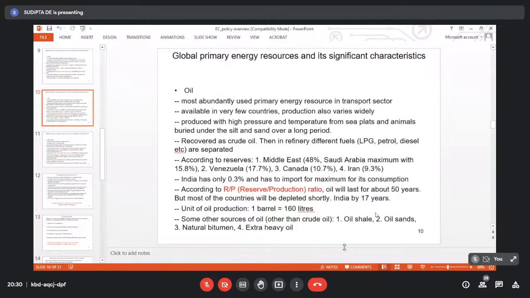Because the load on electricity generation will also increase if the transport sector is completely converted into electricity or e-vehicles. In that case, if say one third of the total energy consumption goes to the transport sector, then obviously that additional one third will be added up to the electricity production sector. So if it is still coal based, then the CO2 emission is bound to increase. On the other hand, a little bit of local pollution may decrease, though the global pollution may increase.